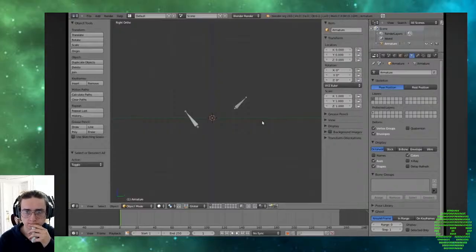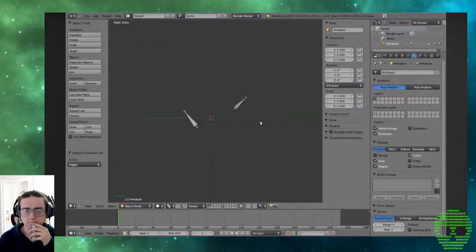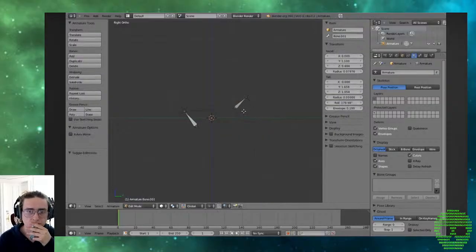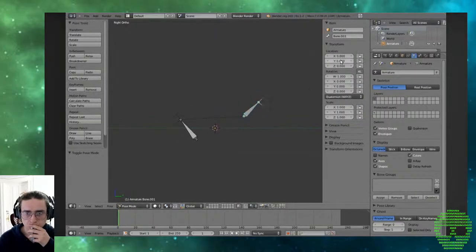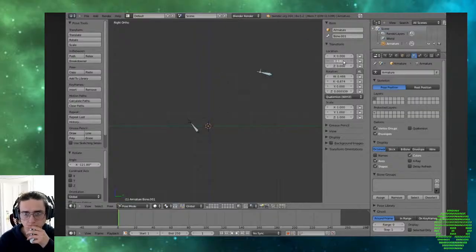Let's take a look at this armature I've prepared for us. We can see the rest position of the bones by entering edit mode on the armature. I've enabled axis display so that we can see the axes of the bones, and we can see that the y-axis of this bone is pointing off at an angle. Now, if we go into pose mode and play with this bone's y translation, we see that the bone moves along that local axis of the bone. Even if we rotate the bone in pose mode, that original edit mode orientation is still what determines the translation axes. Moreover, if we give the y translation a value of, say, 3, and then change the bone's orientation in edit mode,